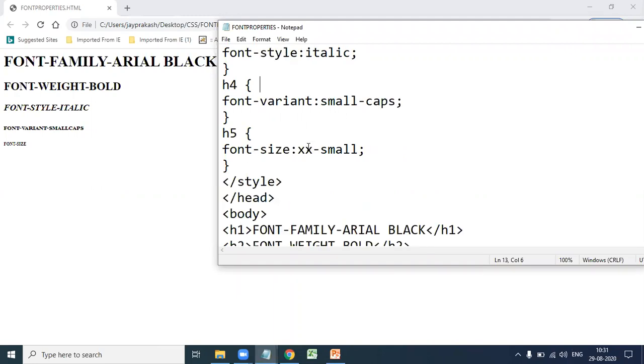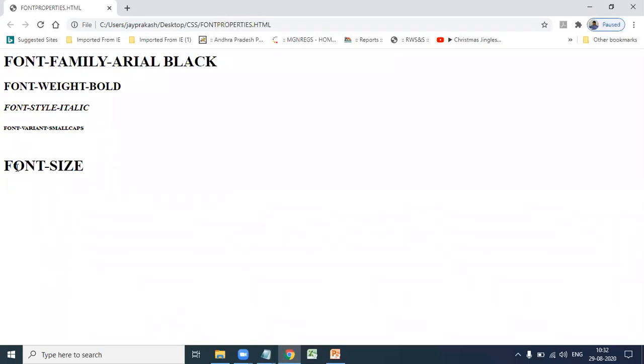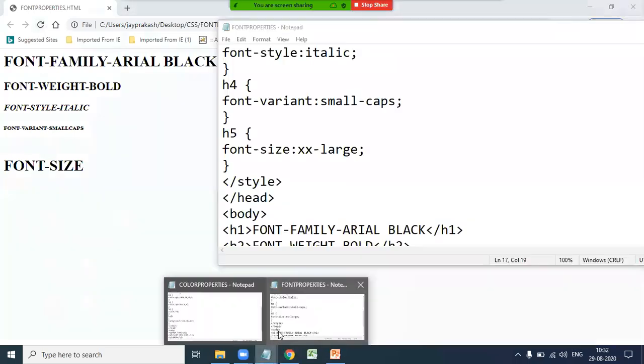Next, font size is XX small. It sets the font size to XX small. Suppose you want to set the font size to XX large. See here, the font size is set to XX large.